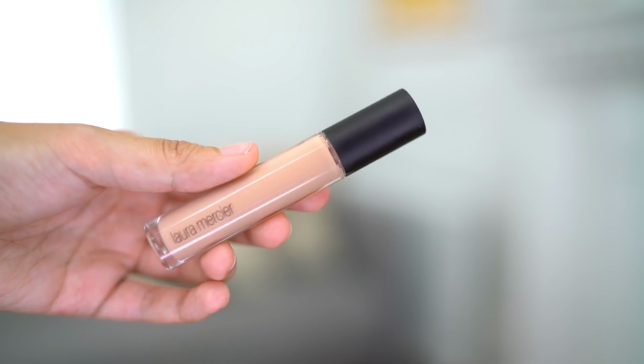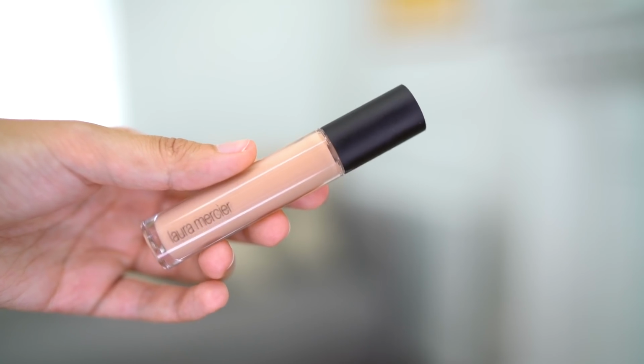The tinted moisturizer is feeling great on my skin, and now I'm gonna follow up with this concealer from Laura Mercier. So this is the Flawless Fusion Ultra Longwear Concealer, and this is in the shade 2C. I've just brushed a little bit on my ring finger because this stuff is pretty concentrated. I have it on both ring fingers, and I'm just gonna tap it underneath my eyes. I really love how this feels because you can get buildable coverage out of this, but it